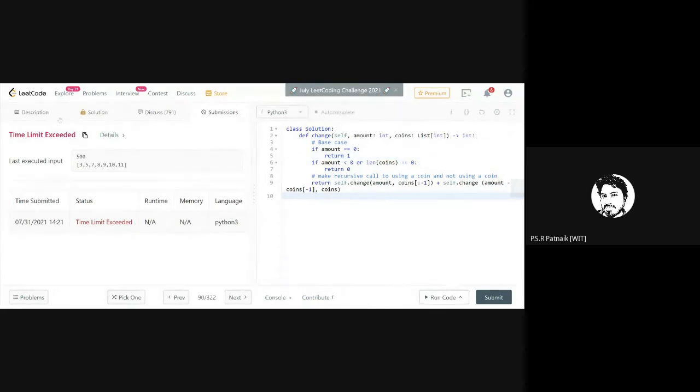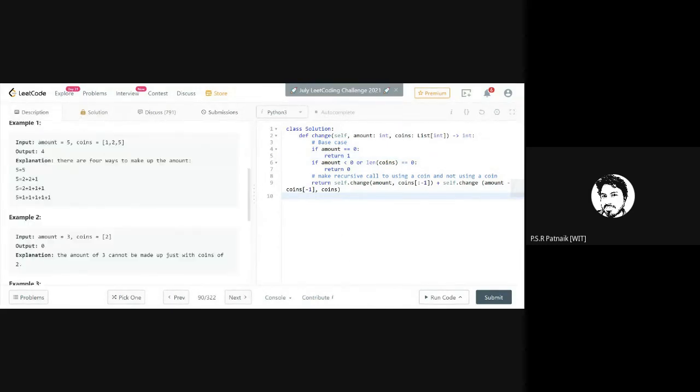Now what I need to do is go for memoization. For all those students who are using Python, remember a small trick. If you feel memoization is difficult, I would still recommend you to do actual memoization by using some data structure or dictionary. But I'll see if there is a small shortcut that works. If it works, fine. If it doesn't, we will go to the actual way of implementing it using a memoized data structure.